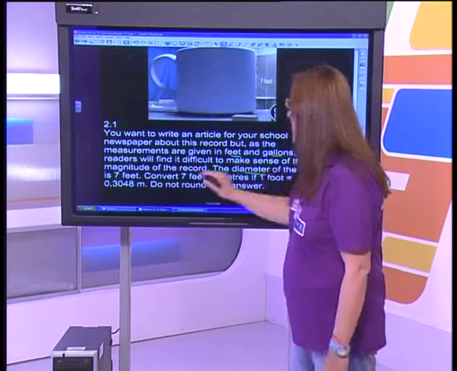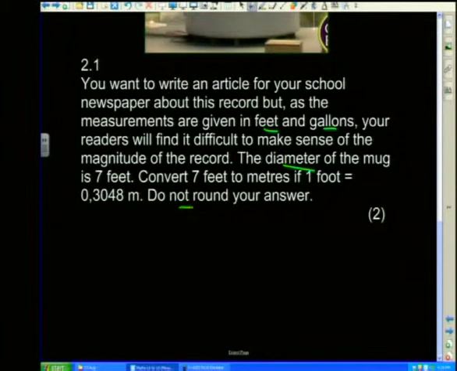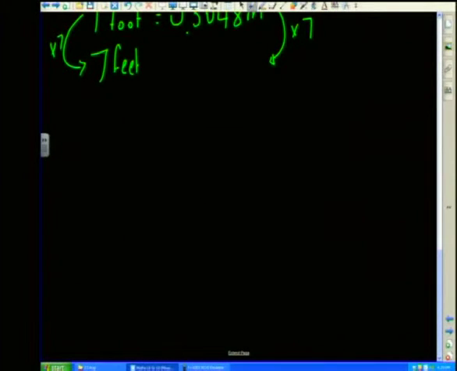The diameter of the mug is 7 feet. Convert the 7 feet to meters, and it says do not round off your answer. What do they give us? They tell us that 1 foot is equal to 0.3048 meters. And we're looking for 7 feet. So this is clearly a ratio. I need to see, what did I do from there? I multiplied by 7, and I'm going to do the same thing here. I'm going to times by 7. So my sum is basically